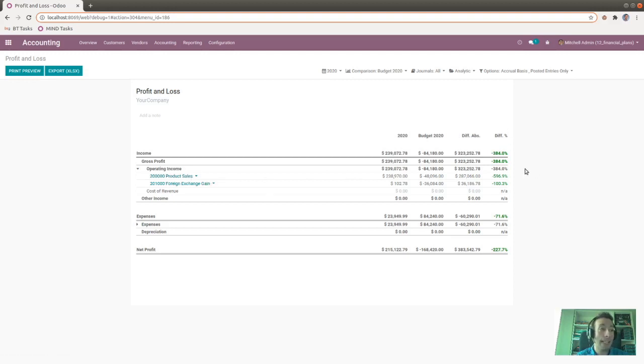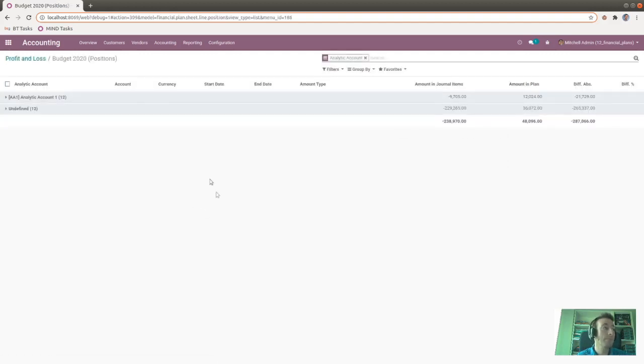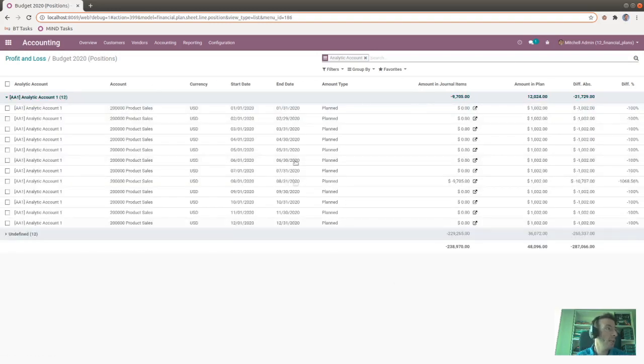And if we want to analyze these numbers further, we can click on this link here and then click on the financial plan positions menu item, and we go to a similar view as the one we showed before. In this case, we are grouping by analytic account, and again we can see more details, and analyze why we have $9,000 here and $1,000 here.